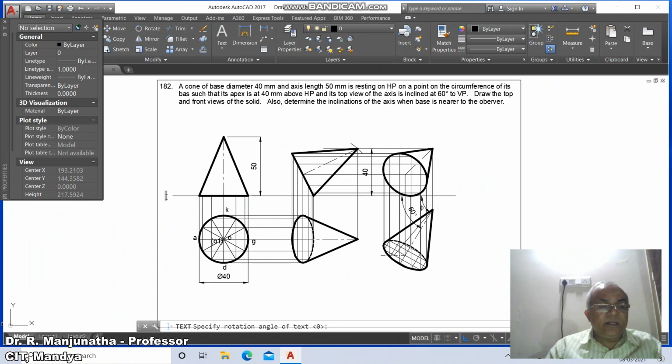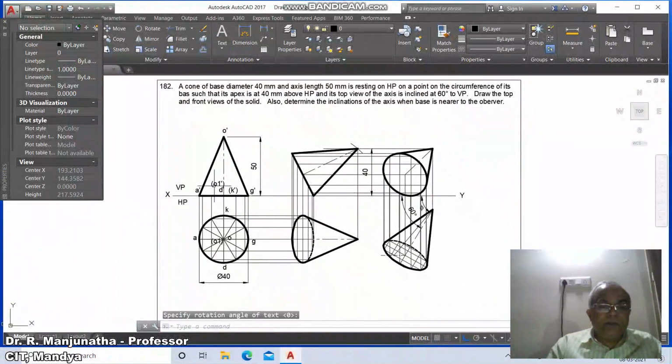Similarly, here you take X, you take VP, you take HP, you take Y, then here which is A dash, here it is D dash, here in bracket take K dash, then you take G dash, then you take O dash, and here you take O1 dash.